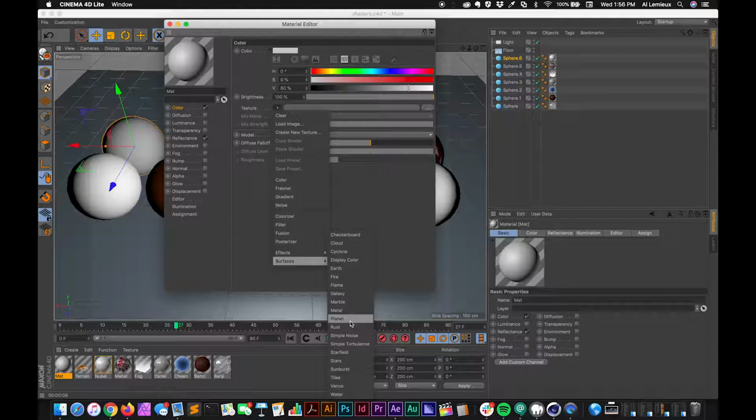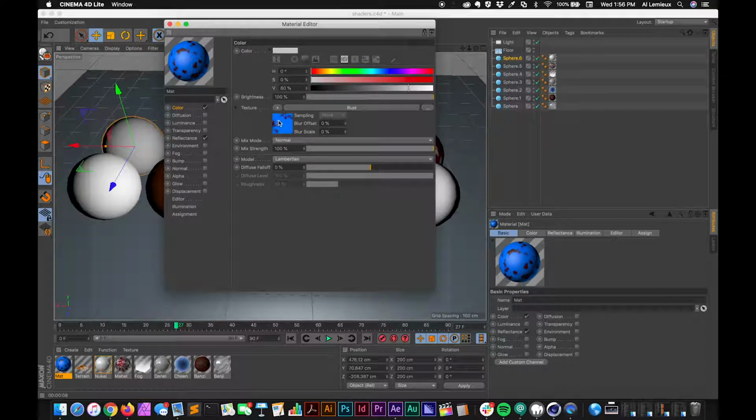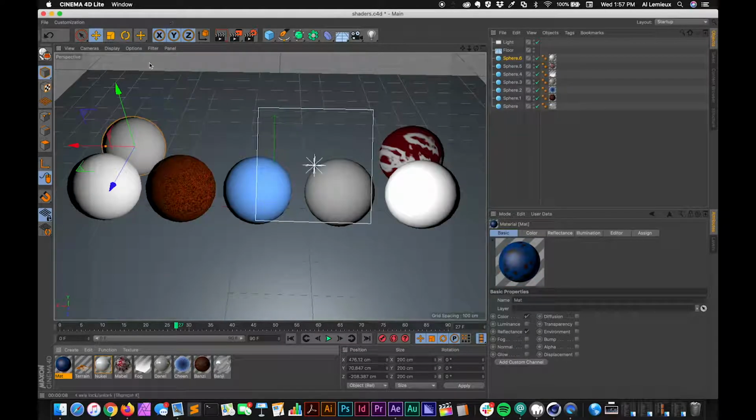So I'm going to choose rust to start with, and it gives me this option here, and then there's a mix mode and there's a mix strength. You can pull this down to lessen the amount of rust, and then there's different modes and diffuse levels, things like, and then the roughness, you can increase or decrease that roughness value. So that's one, and there's also a brightness value. So that's not really looking too much like rust to me, but